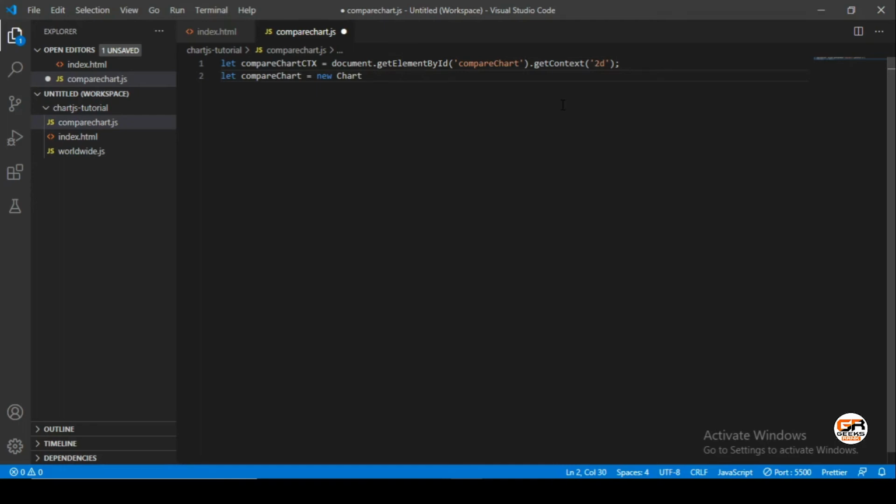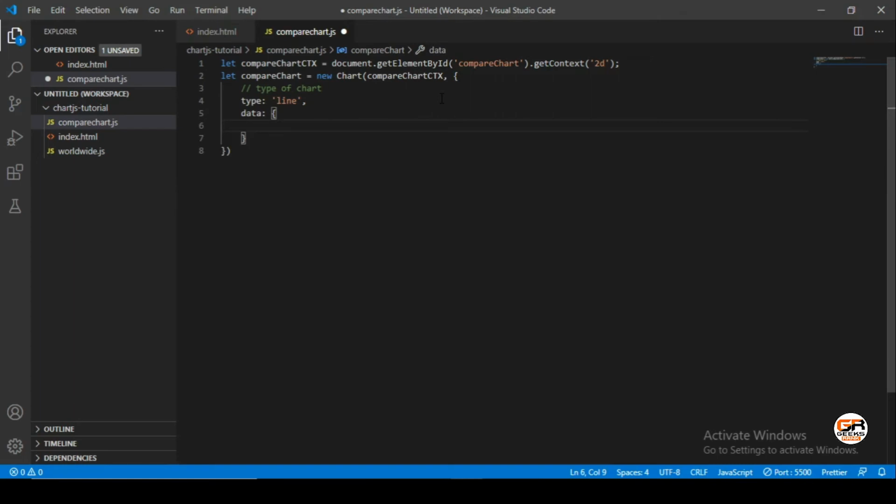First will be the compare element, in which we will show the, just copy and paste here. And second will be, again, an object type, where we will define the type of chart. And this time it will be the line chart. And the second will be the data, which will again be an object. For right now, let's explain the scenario.